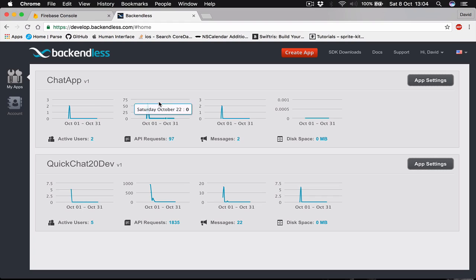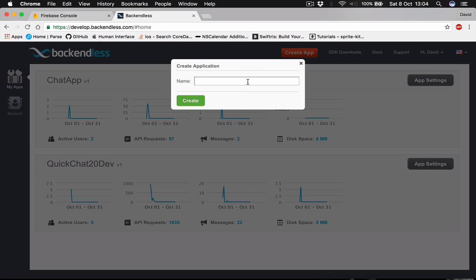I'm going to log in, and as soon as I get to my project folder, here you can see I have two projects. This is the QuickChat 2.0 developer. I'm going to create another application. So just click on create app, and I'm going to call this